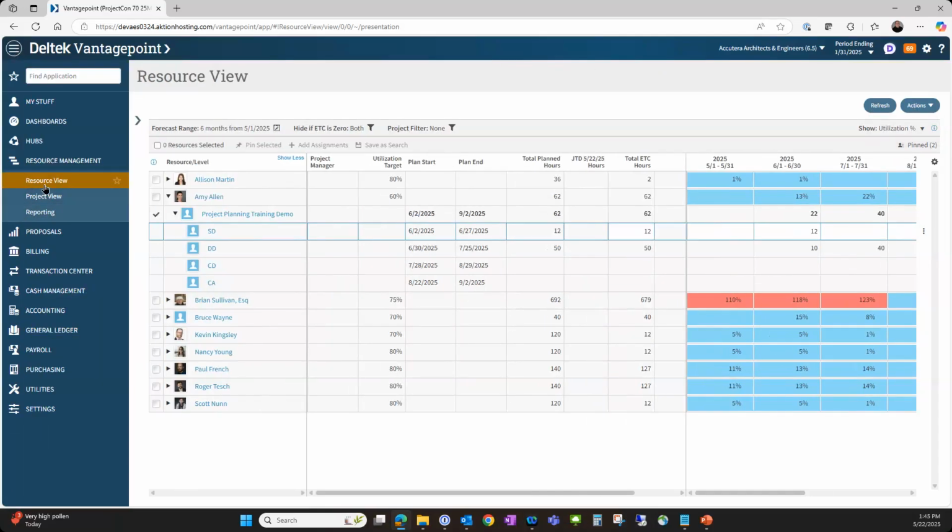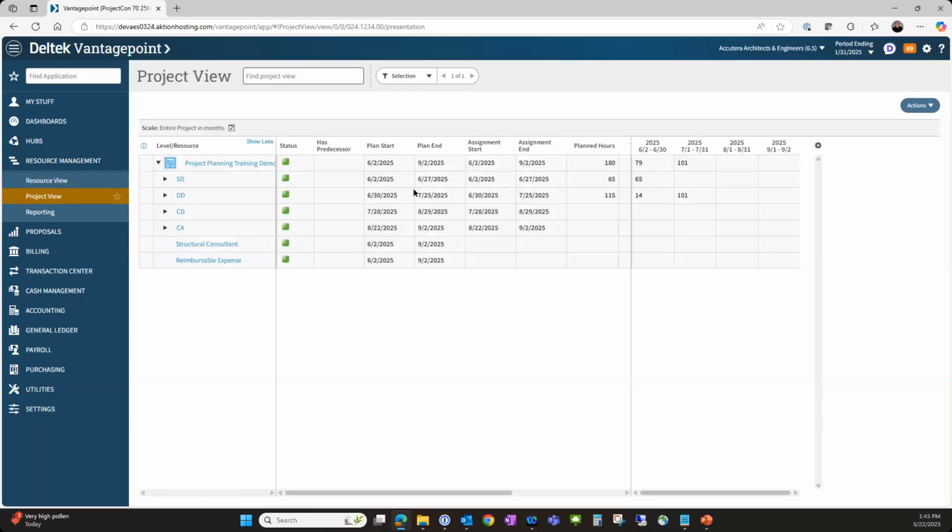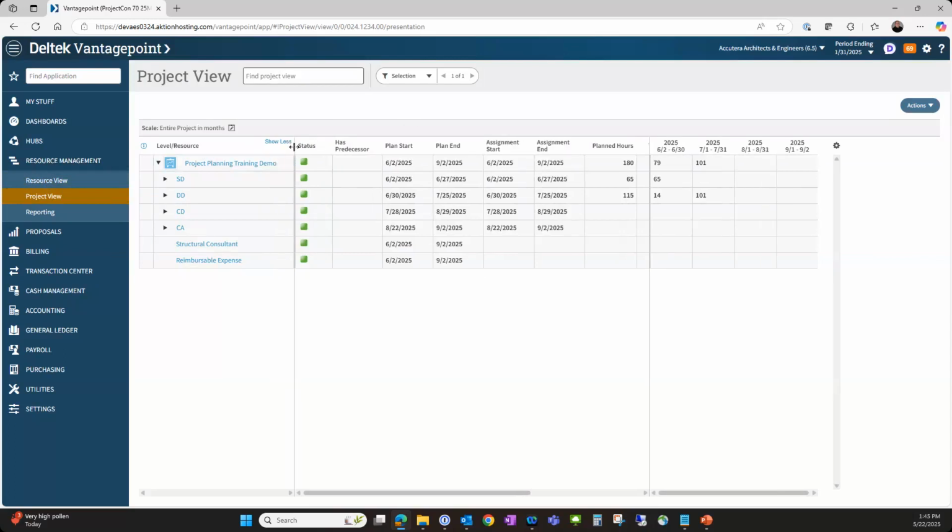So that's resource view under the resource management, but there's also a project view. I call this one project planning light because you really don't have any of the tabs. You don't have consultants, expenses, units. This is really just your labor. What I typically see my clients using this for is not setting up the plan and not in the resource meetings, but maybe my own cadence of keeping my plans up to date,